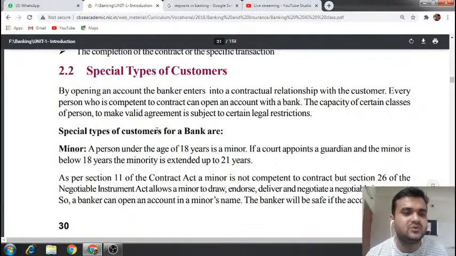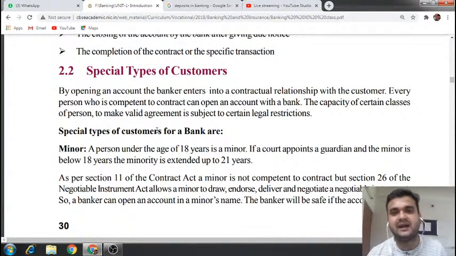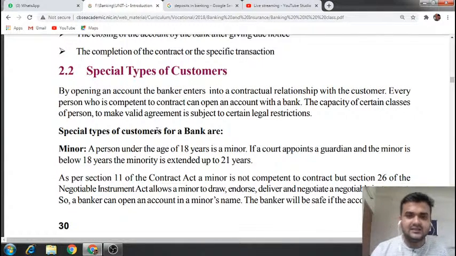Now we are going to see who are the special types of customers apart from normal customers. Who are the special types of customer? Okay, the first,